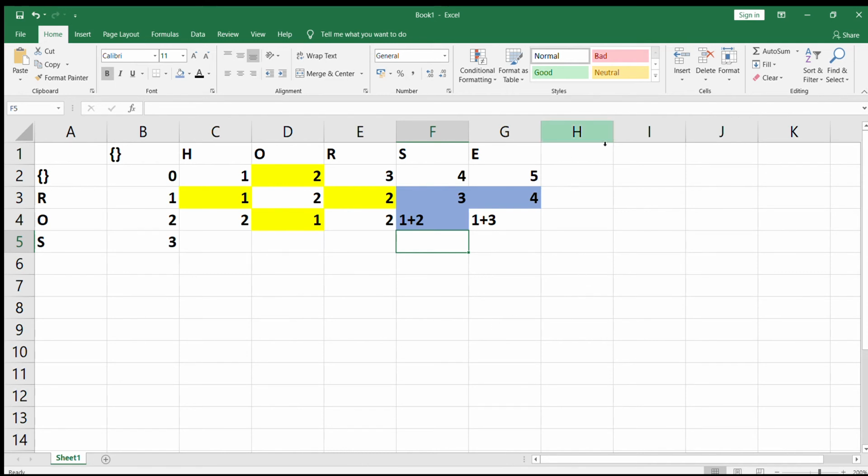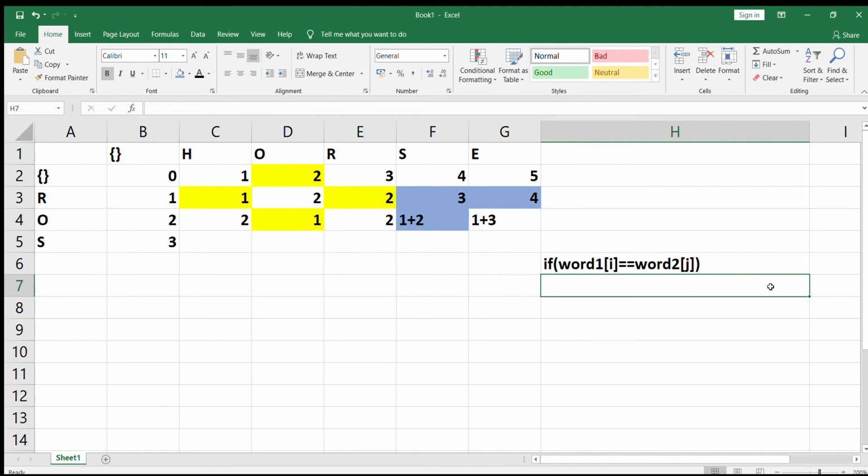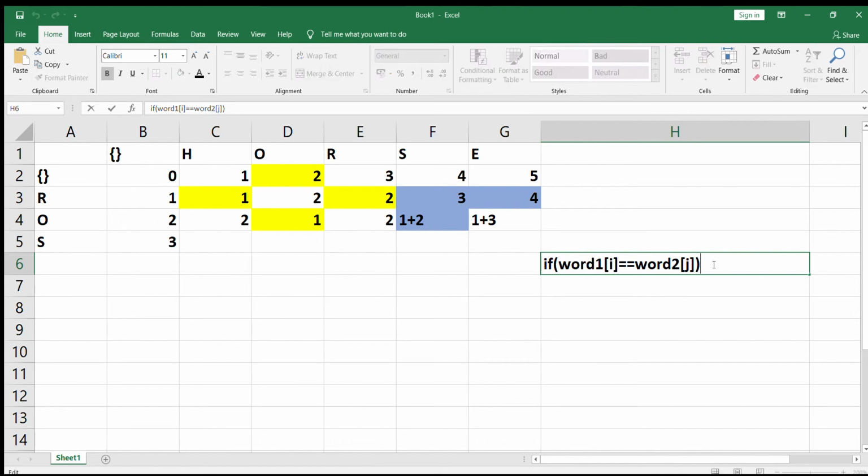So from this particular logic you can derive a formula, and in that formula you can say that if the character in word 1 at I is matching with the character in word 2 at J, in that particular case you will pick up the value.